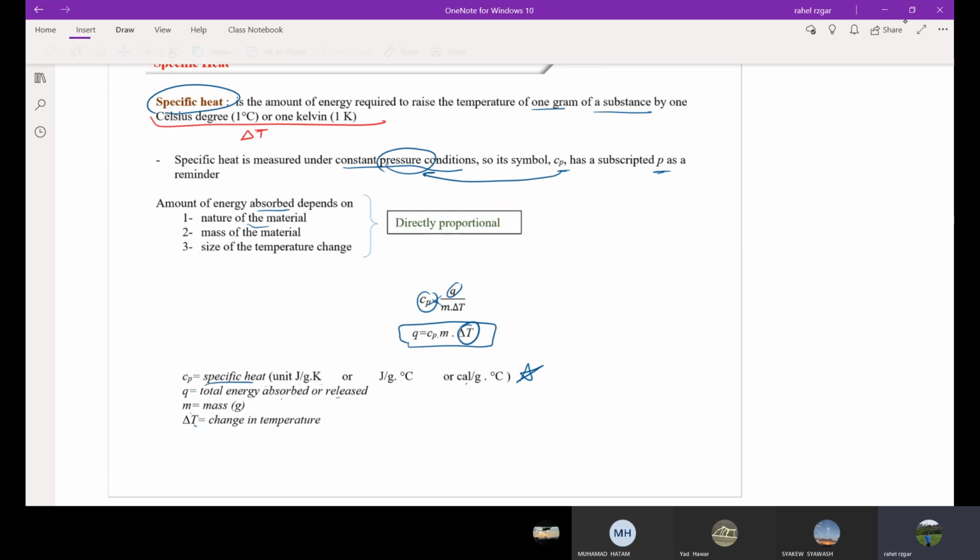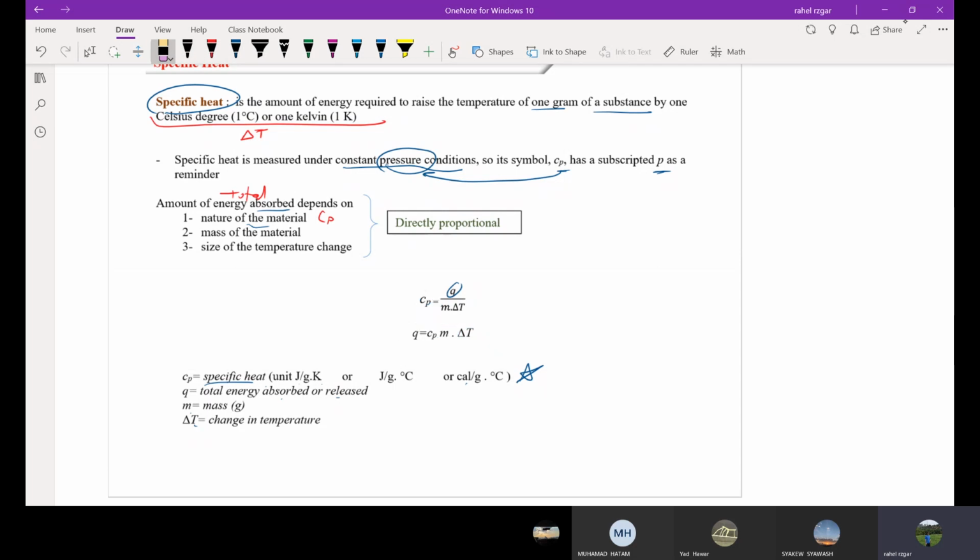The amount of energy absorbed, the total energy. This is total. Okay, total energy absorbed depends on the nature of the material. Nature of the material means the CP. So for example, if you look at this rule,